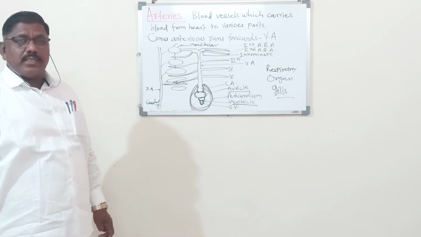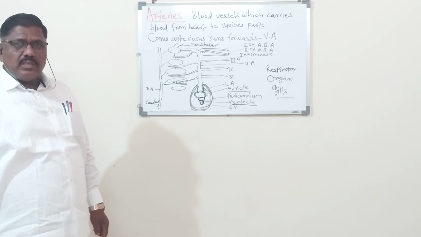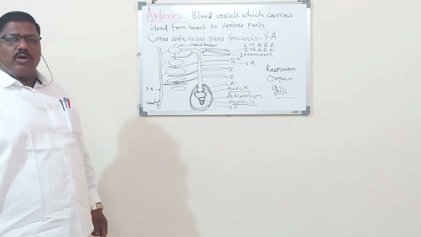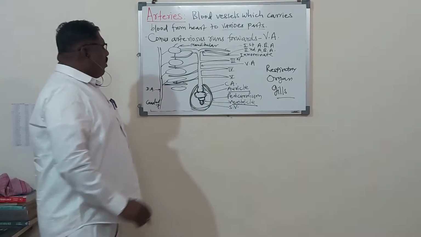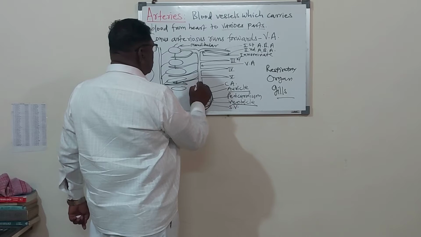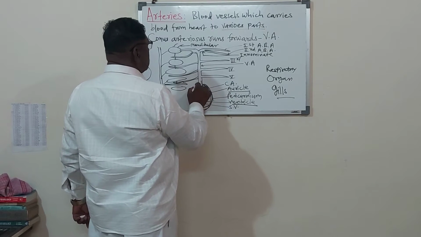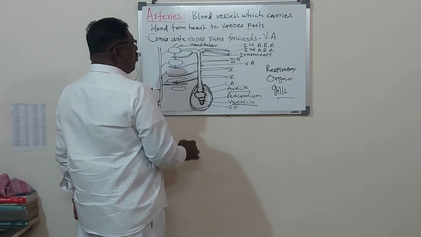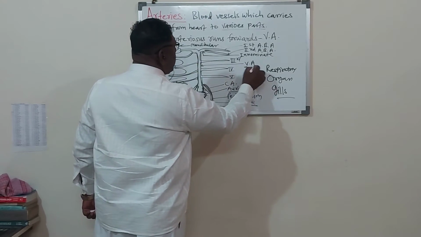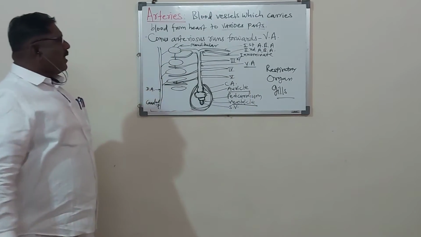Remember, heart of scoliodon is venous, because heart of scoliodon has the venous blood, impure blood. Now from this conus arteriosus, a tube-like structure runs anteriorly, which is called as the ventral aorta.